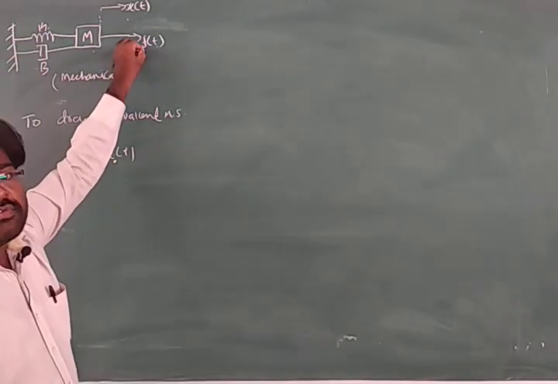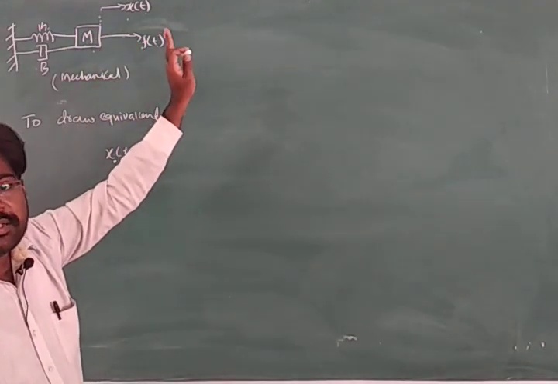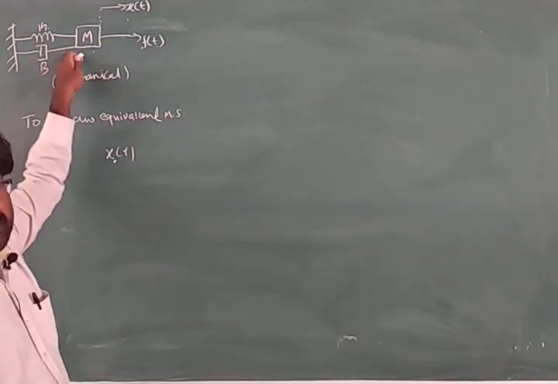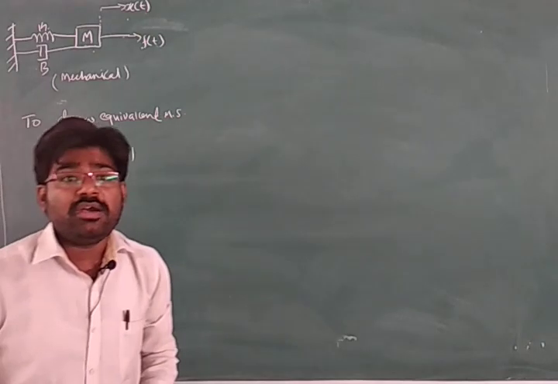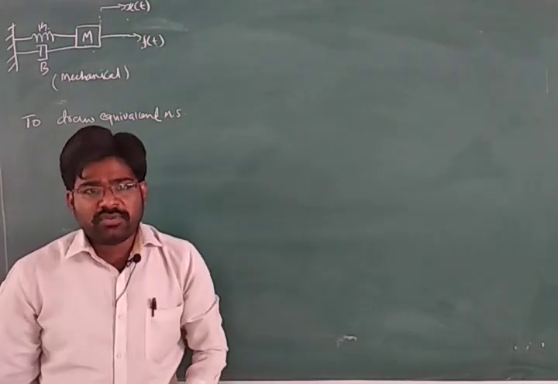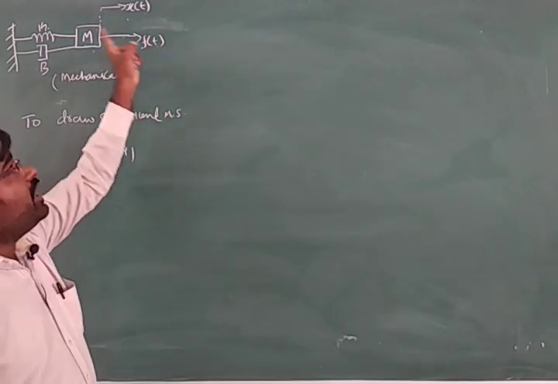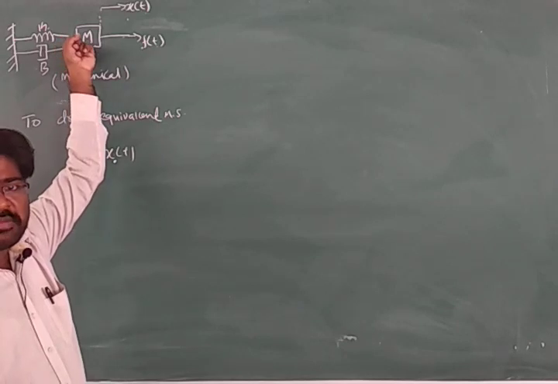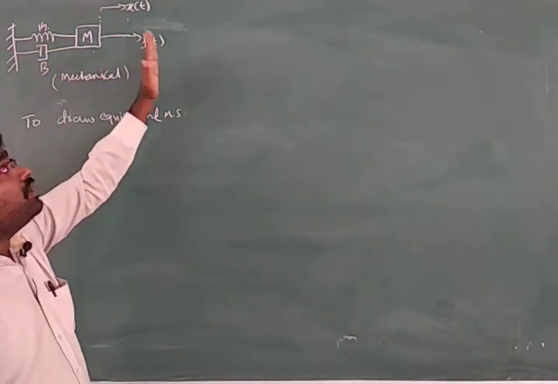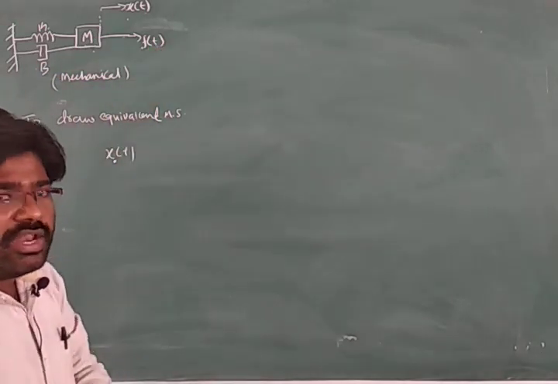This is the direction of the force, from left to right. It means all the forces experienced by these elements will be in the opposite direction of the applied force, because according to Newton's law, the sum of the applied forces is always equal to the sum of the opposing forces. Here the applied force is F of t, and the opposing forces are three forces, because of three parameters: Fm, Fk and Fb. These will be in the opposite direction to the applied force. That will come later; for your knowledge I am telling you.